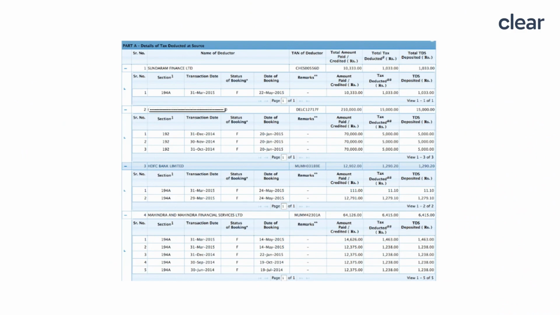It includes information on tax deducted on your income by deductors, details of tax collected by collectors, advance tax paid by the taxpayer, self-assessment tax payments, regular assessment tax deposited by the taxpayers or PAN holders, details of the refund received by you during the financial year, details of the high value transactions in respect of shares, mutual funds, etc.